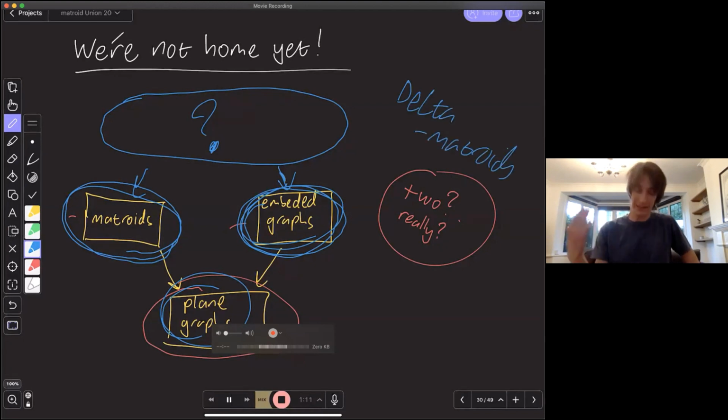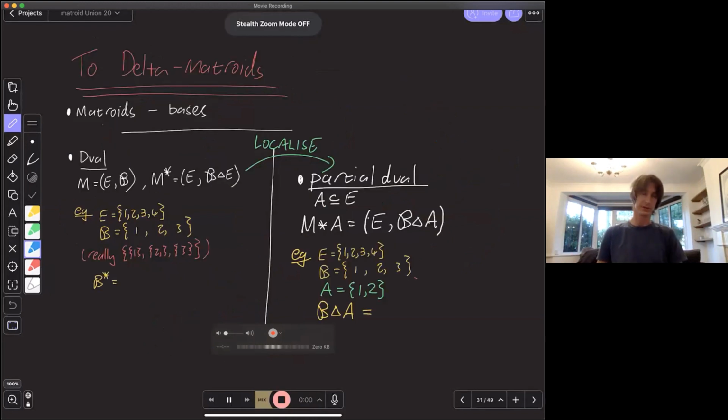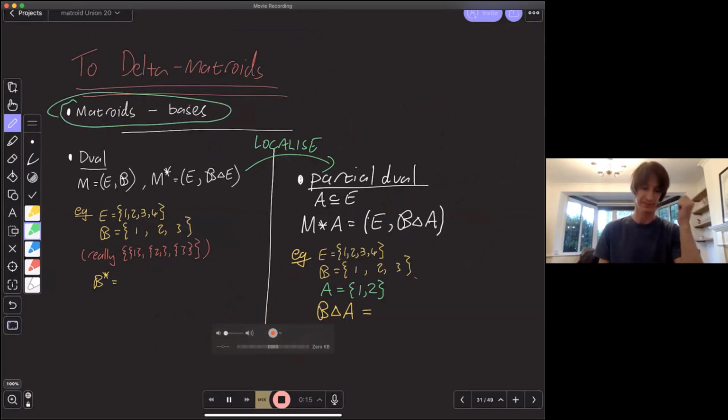So again, I don't want to assume that people know what these are. I think knowing what a matroid is is safe. So let me just give a very quick introduction to these, just give you some idea of how they could arise. And since we're working with duality a lot, I'll just introduce these through duals. Okay, so I'm always going to be thinking of matroids in terms of their basis definition.